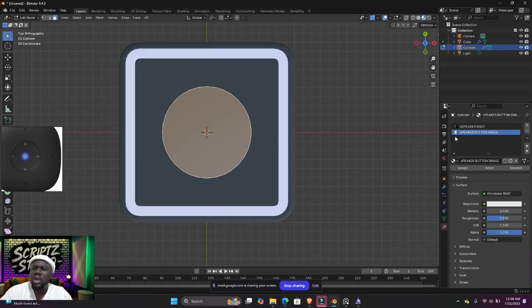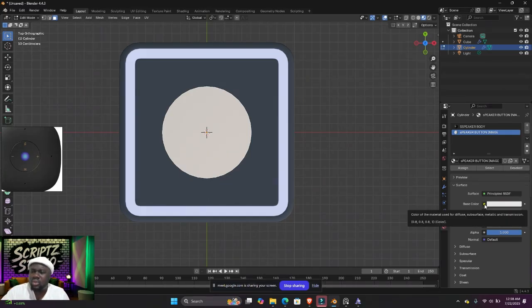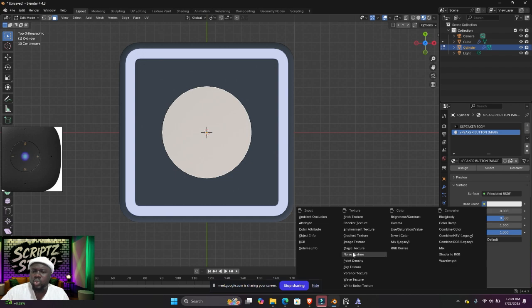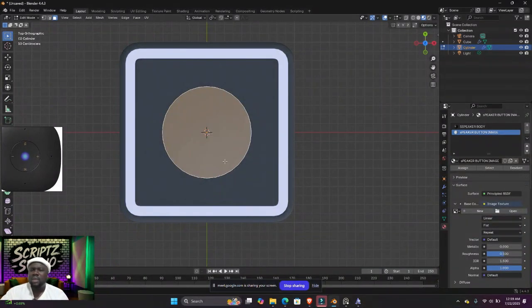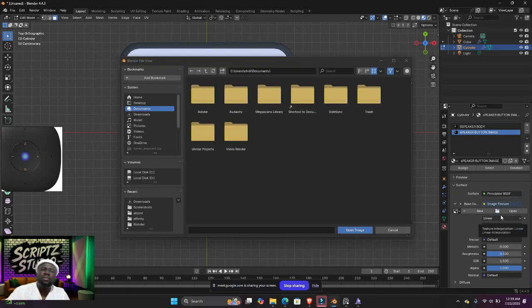So after doing that, I'll click on assign it here. Now it changes to white, which is automatically the base color here, but that's not what we want to use. So we'll just click on this yellow dot here, switch to image texture. When I switch to my image texture, I'll click on open to locate that top button,